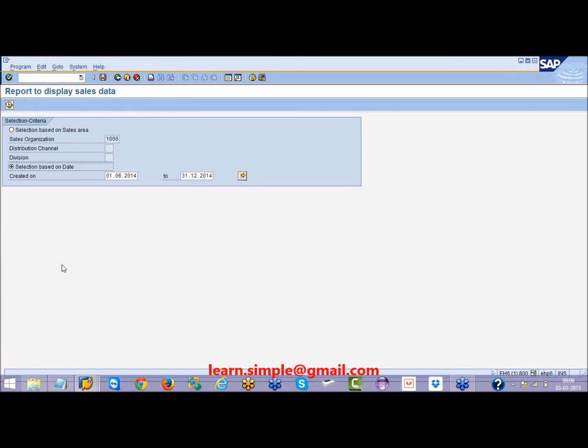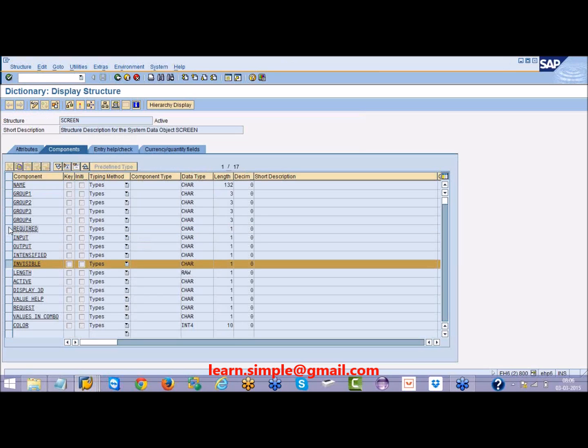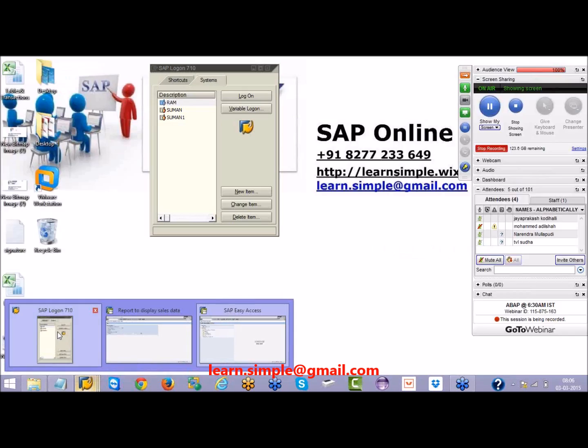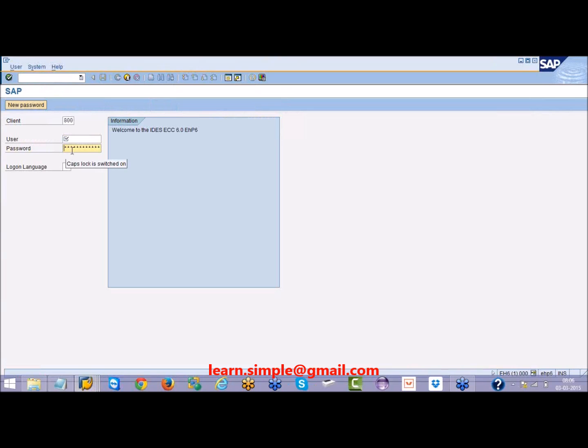Okay. Similarly, there is something called invisible somewhere. So invisible means, have you seen any invisible field till now? When you are logging into SAP, see, the password field is having stars, right? So whatever you are entering, that is invisible. So this is a kind of invisible field. If you want to make any field an invisible field, then make use of this invisible here and